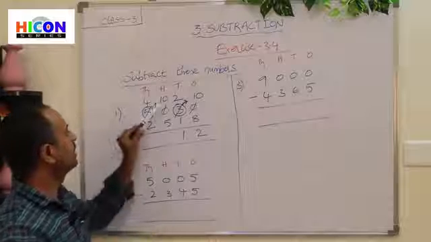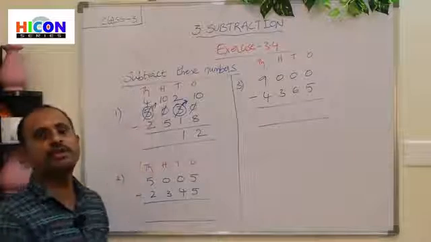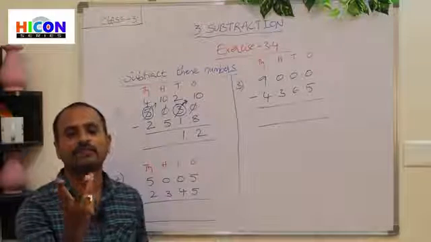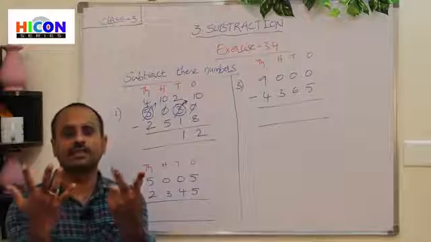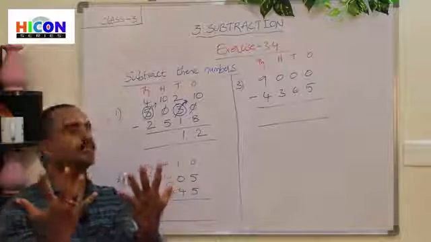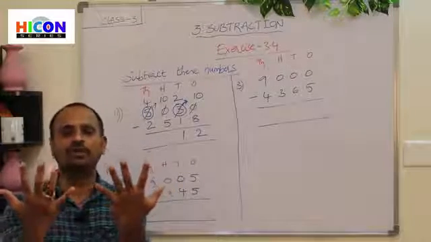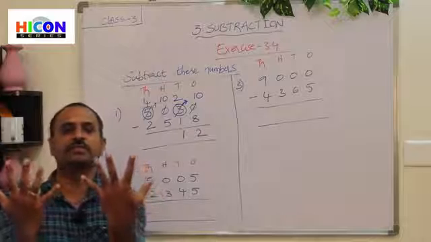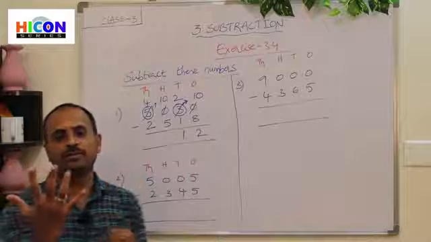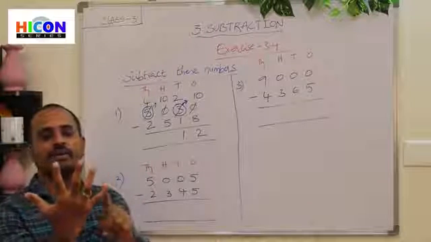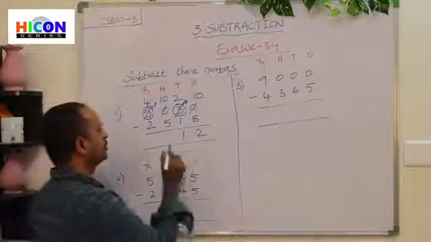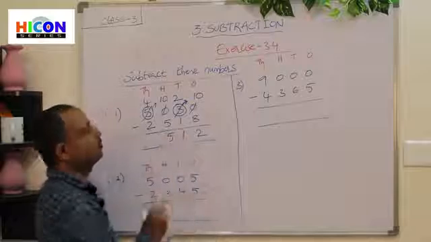So in hundreds place, 10 and 5 are there. 10 is the first number. So open 10 fingers of your hand. 1, 2, 3, 4, 5, 6, 7, 8, 9, 10. These are the 10 fingers. What is the second number in hundreds place? 5. So close 5 fingers among these 10 fingers. 1, 2, 3, 4, 5. Children, how many fingers are remaining? 1, 2, 3, 4 and 5. So 5 fingers are remaining. So write 5 here.